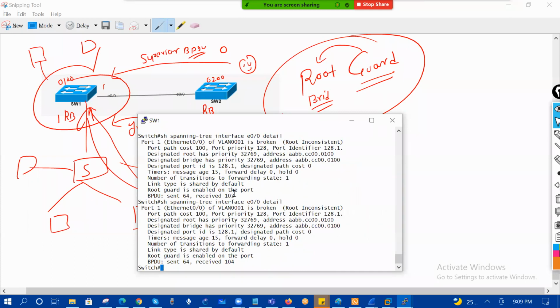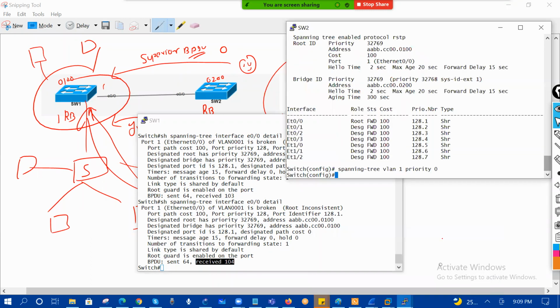Can you see that? Previously it received 103, and switch two was sending 152. After 2 seconds, again he's sending. He keeps sending, "Hey, I would like to become the root bridge." But on switch one, we have enabled the root guard feature. It says, "Hey, you're not allowed to become the root bridge, because I have root guard enabled." But once this guy stops sending the superior BPDU,